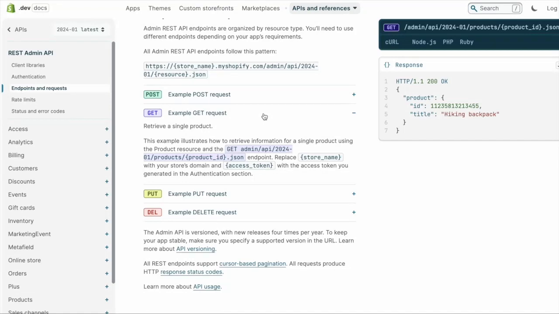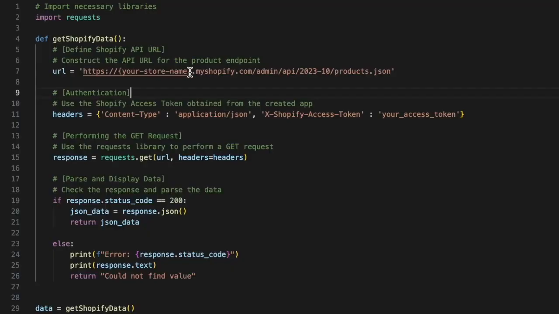Now, let's dive into the Python code. Open your favorite code editor and let's create a new script. I'll call mine Shopify_get.py. Make sure to replace placeholders like your store name and your access token with your actual Shopify store